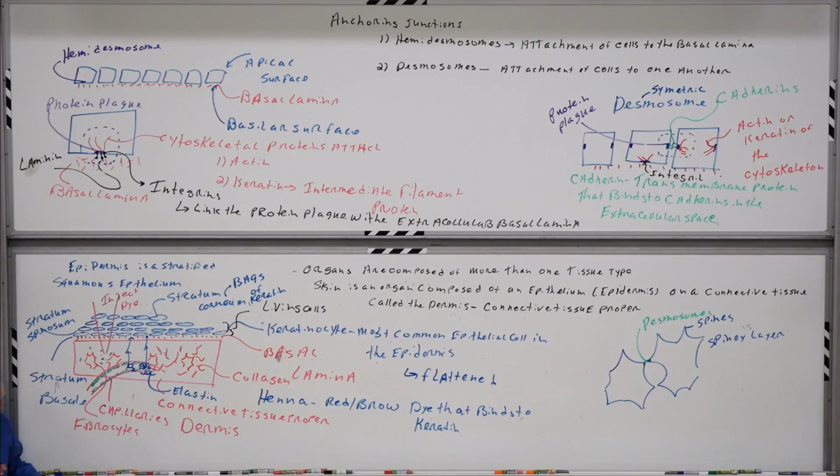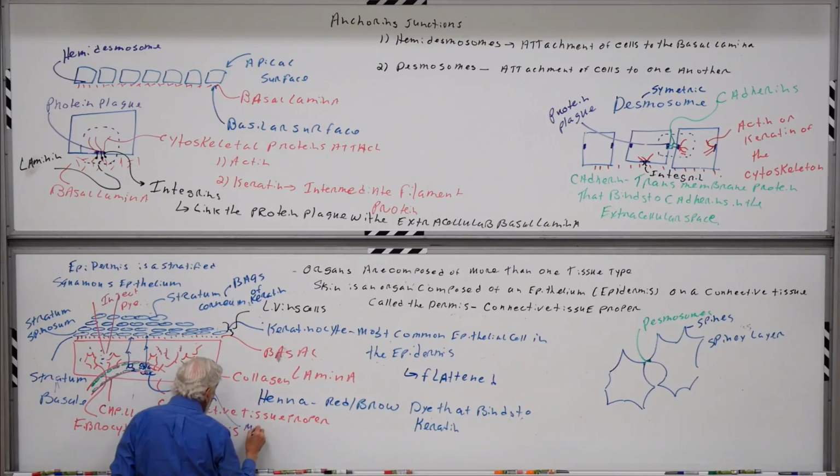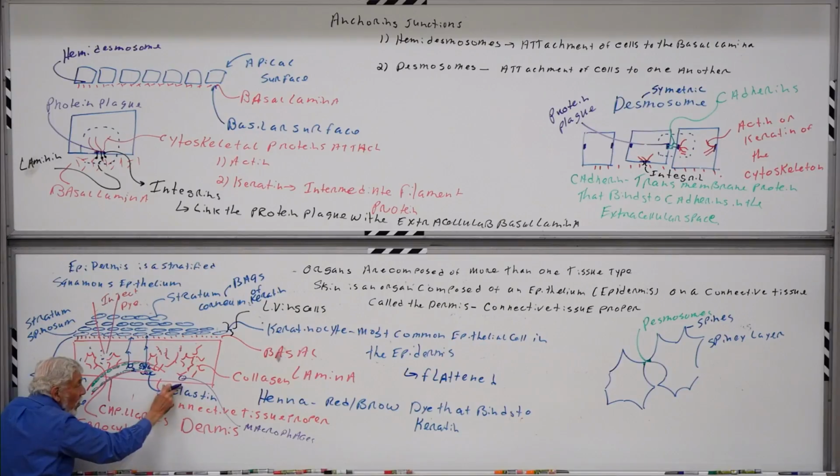Now, over time, there will be cells down here called macrophages. And the macrophages will move up into the upper layers of the dermis, and they'll begin gobbling up the dye and getting rid of the dye. And if you really want to erase one of these tattoos, you take laser beams and you basically break up the dye into very tiny droplets with the laser beam so that it has better access